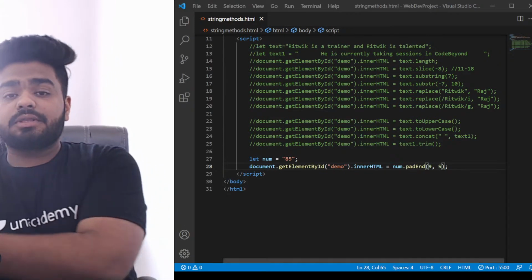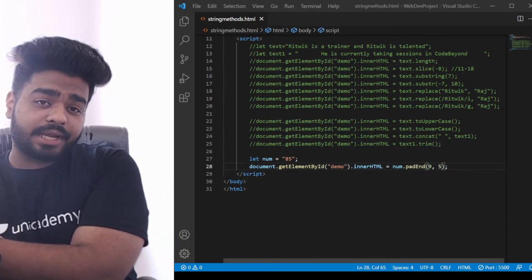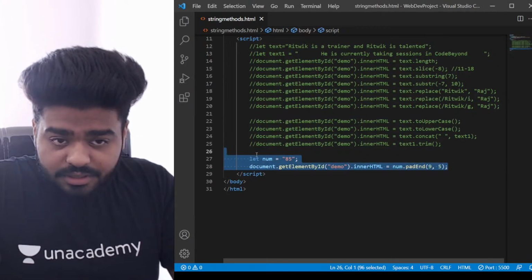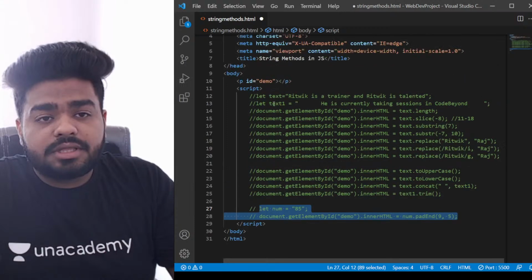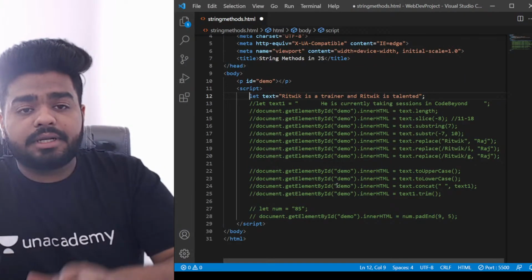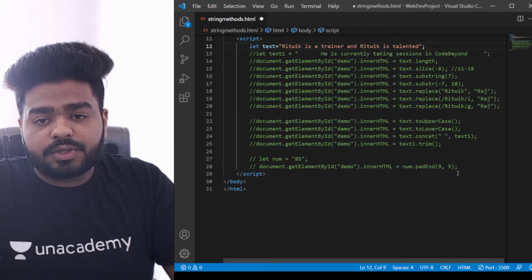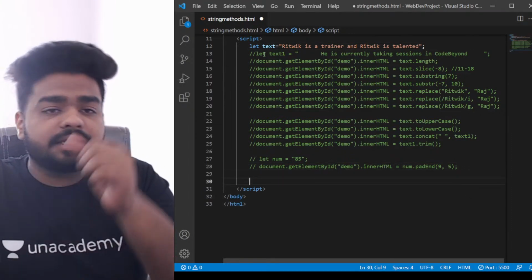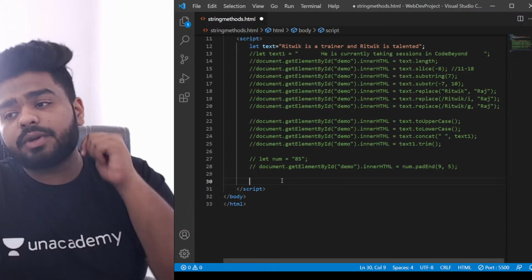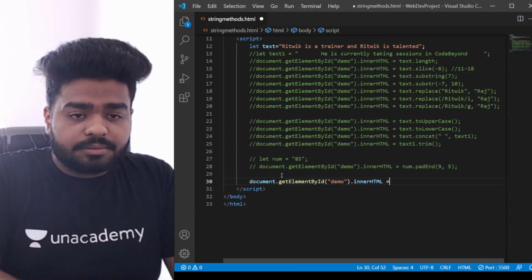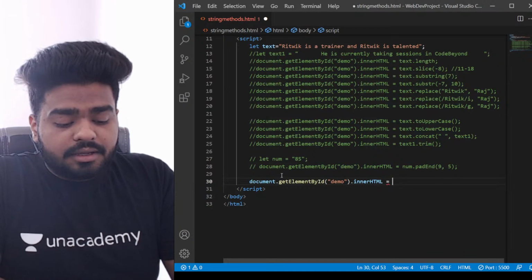Now, the functions which I'm telling you right away are very important, so please understand them in a very easy manner. I'm going to uncomment this line and do something with it. Now understand that the text written is: Ritwik is a trainer and Ritwik is talented. Here I'm going to use the same thing and say text dot